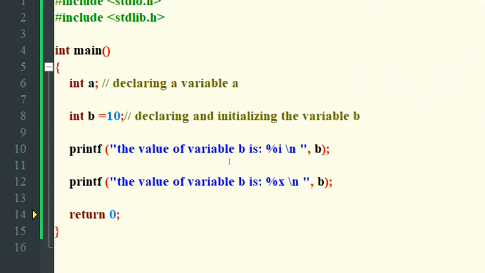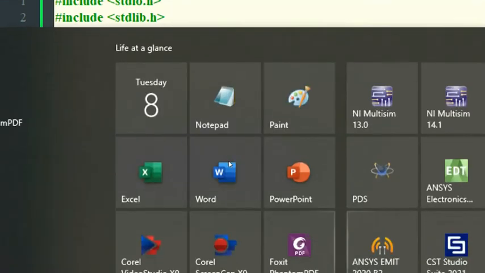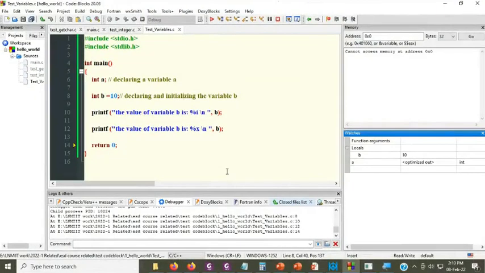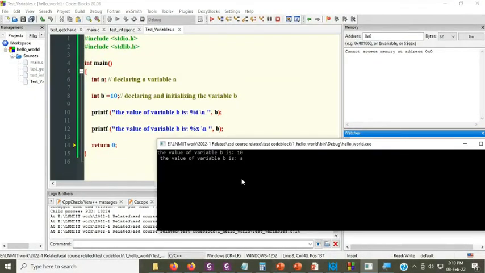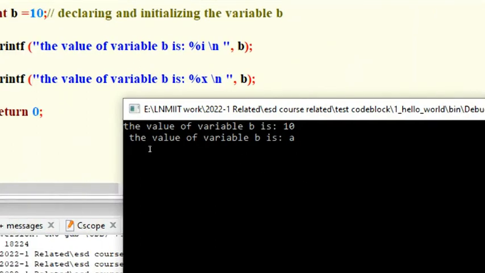Whereas in the second statement, the value of variable b is a. Why is it a? Because 10 is converted into hexadecimal and is represented as a.